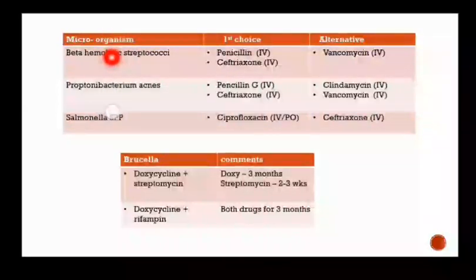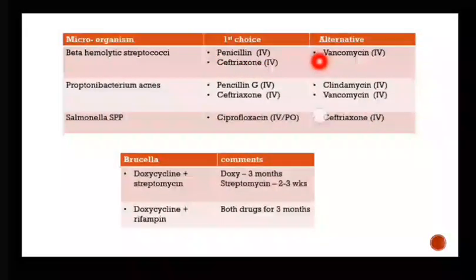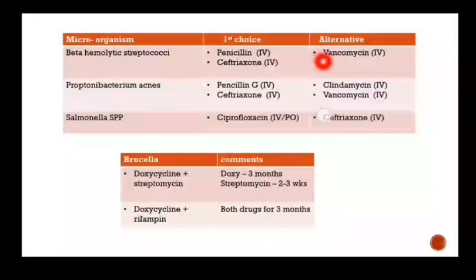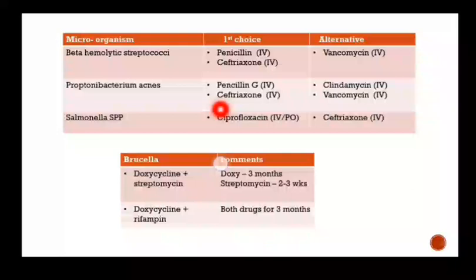Then beta hemolytic streptococci. The first choice is penicillin in IV or ceftriaxone in IV form. The alternatives are vancomycin in IV form. Then Propionibacterium acnes. The first line choice is penicillin or ceftriaxone in IV form. The alternatives are clindamycin or vancomycin in IV form. Then Salmonella. The first line choice is ciprofloxacin in IV or oral form, or other alternatives are ceftriaxone in IV